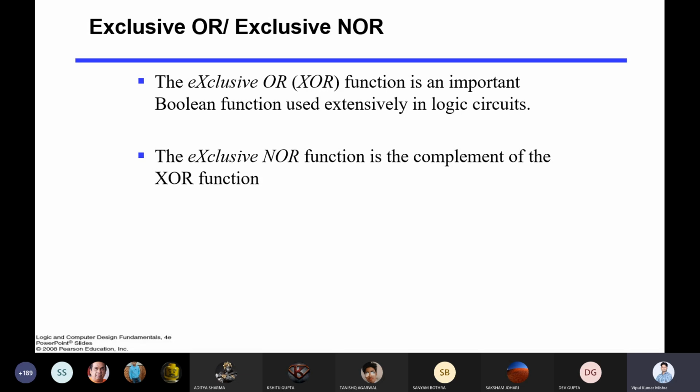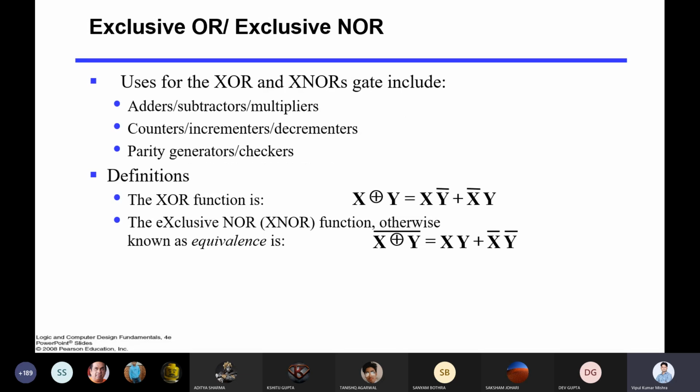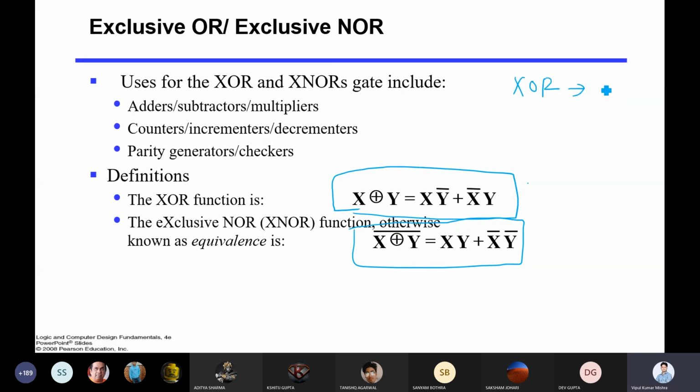Okay, so what XOR and XNOR are doing? Let me explain the equation for them. This one is XOR and this is your XNOR. XOR and XNOR are complementing each other. You can say your XOR is represented by X plus in a circle and Y. When you say XNOR, it is represented by X and a dot in between and Y. This is just a representation.